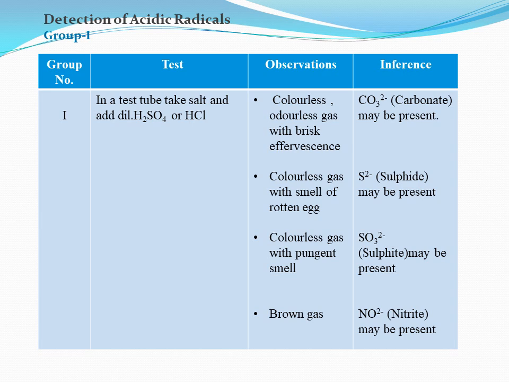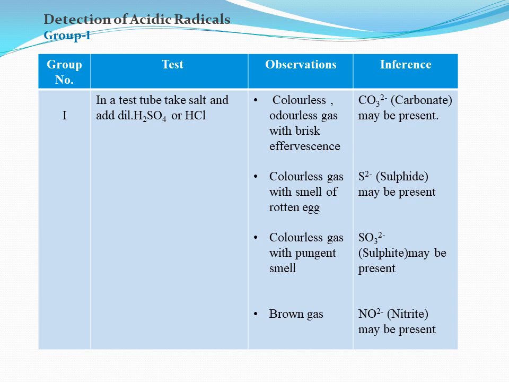So here most of the groups have specific reagents like dilute HCl, dilute H2SO4, concentrated H2SO4, etc. You can easily learn everything if you remember the names of those radicals, that means the radicals belonging to each group, the specific reagent, and the characteristic observation when you add those reagents to the salt. Therefore, three things are important here. First one is radical name, second one is specific group reagent, and third one is characteristic observation.